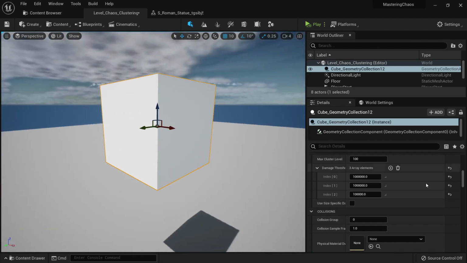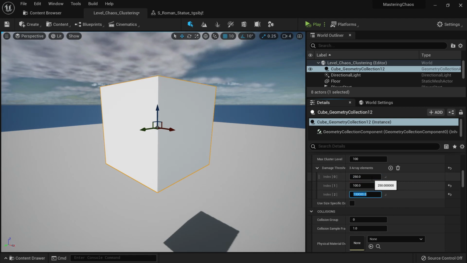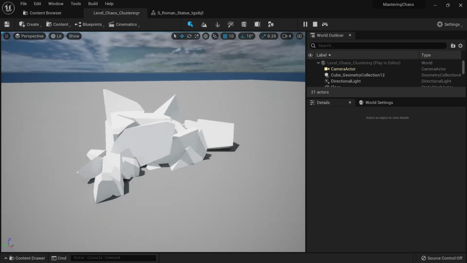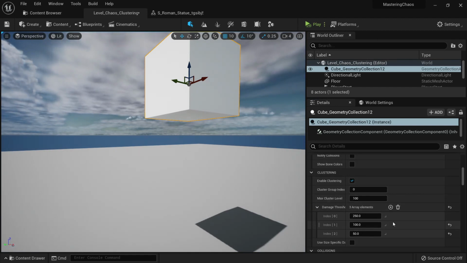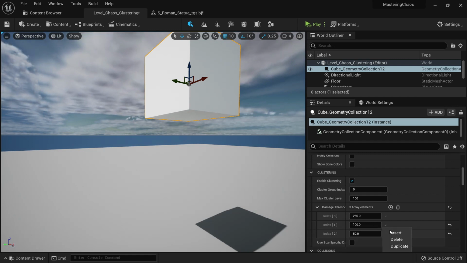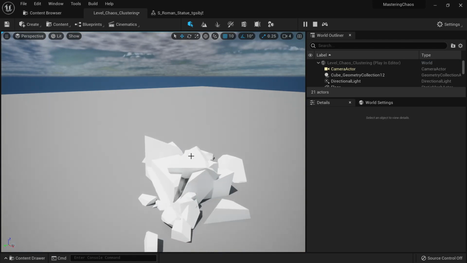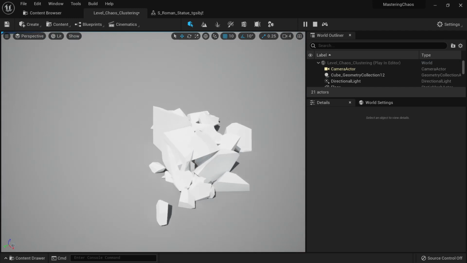So for this type of stuff, it's just better to play with the settings, put something like 250 and 150, and if you hit play, you see that you have your instances simulating. Of course, you can remove this. You don't really need to apply those. For example, I can delete this, and I will only have the damage threshold for the first one. And you can see it appears to be lighter,